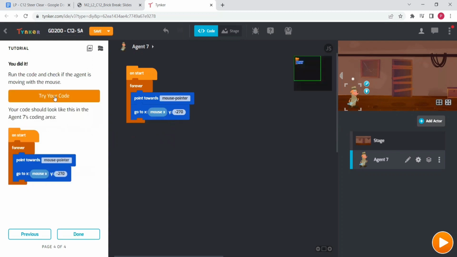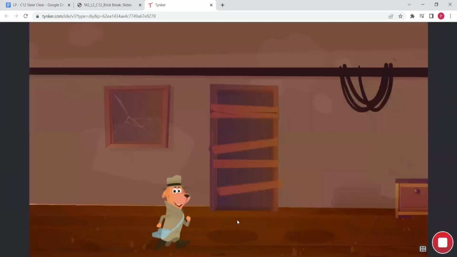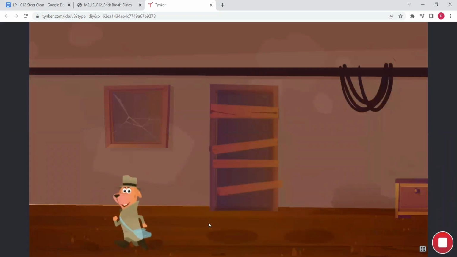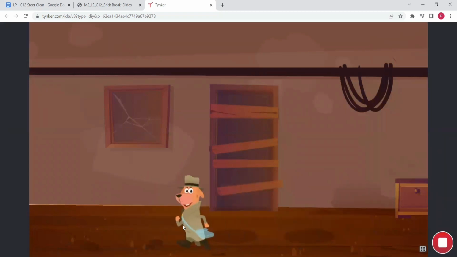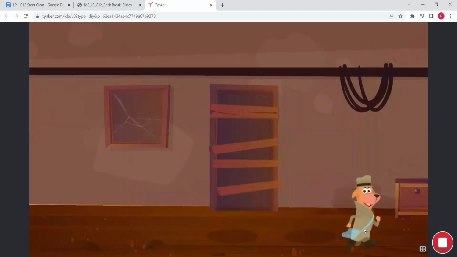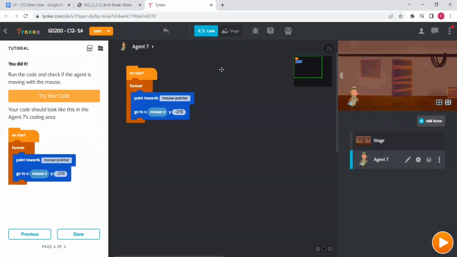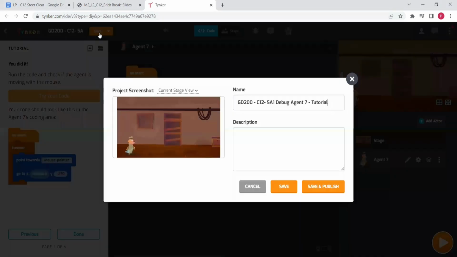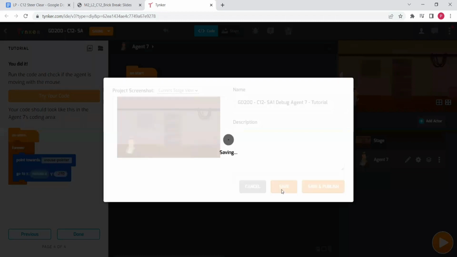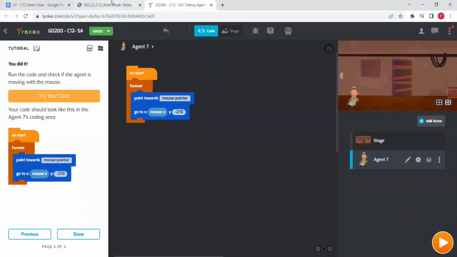Now this is done. Let's try the code. Now we can see that the agent is moving along with the mouse pointer, and we can also see that it is pointing towards the mouse. So student activity 1 is done. Always ask the student to click on the save option to ensure that the activity is saved. Now moving ahead,